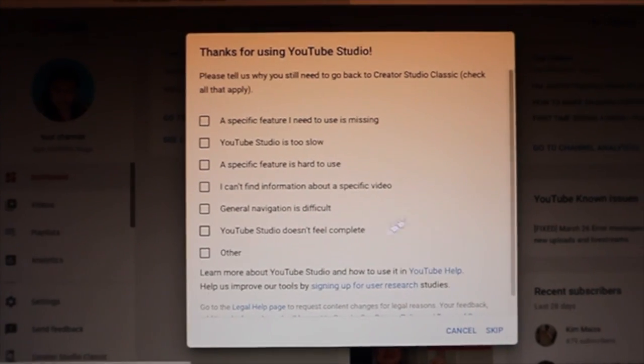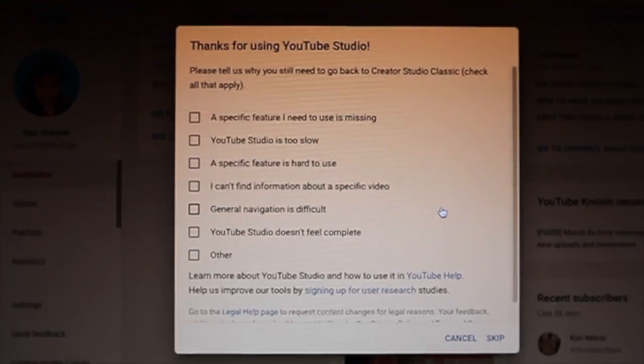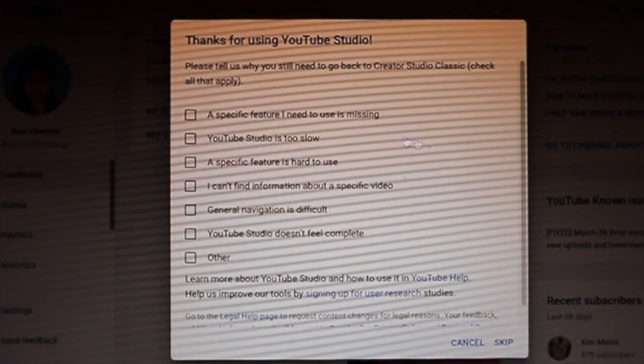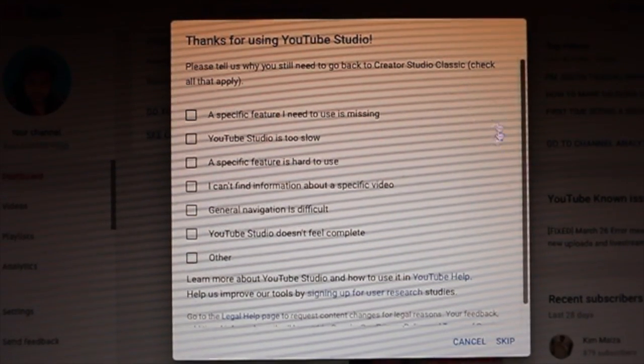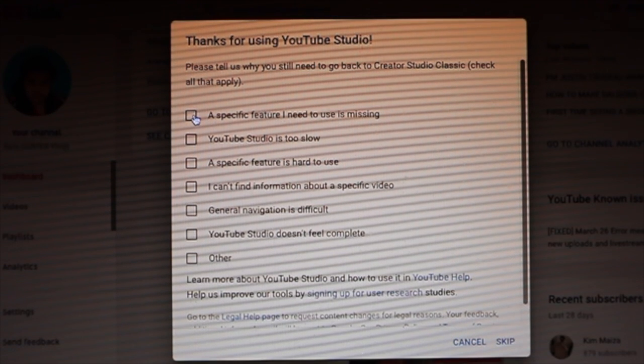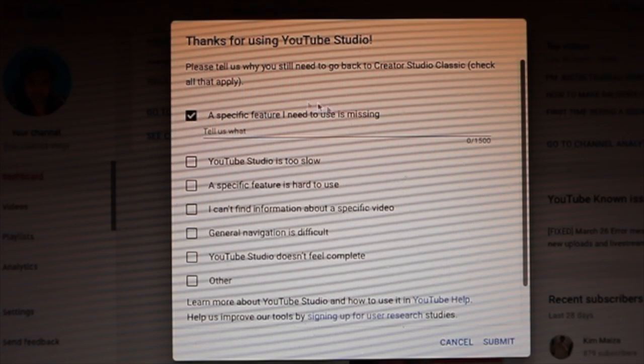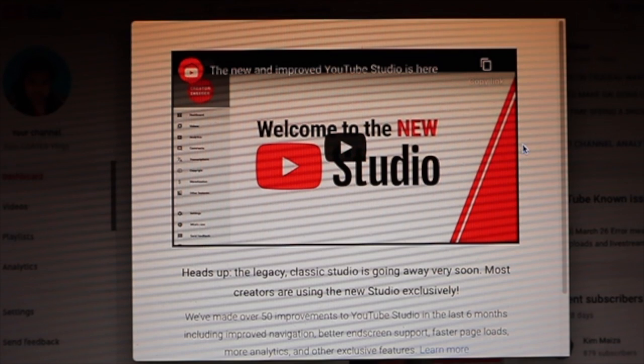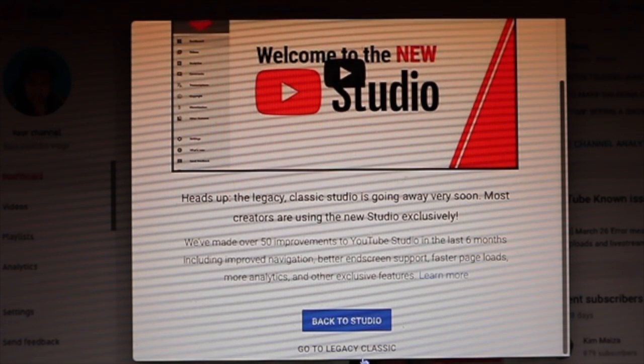Kaklik nyo, makikita nyo tong options na yan. So you wanna check a specific feature I need to use is missing. So yun yung number 1, and submit. Pagka-submit nyo, sa akin kasi may ganitong option, yung iba wala. So baba nyo lang, scroll down, then go to Legacy Classic. Click nyo yun,